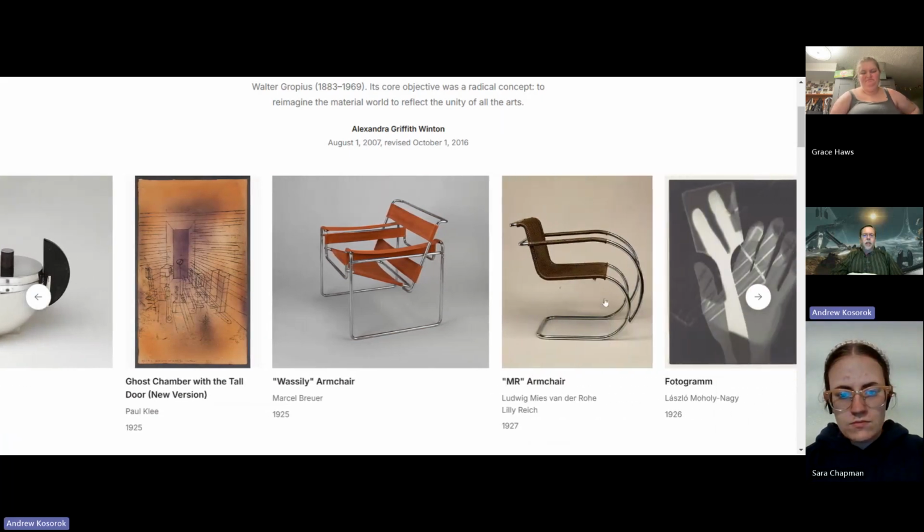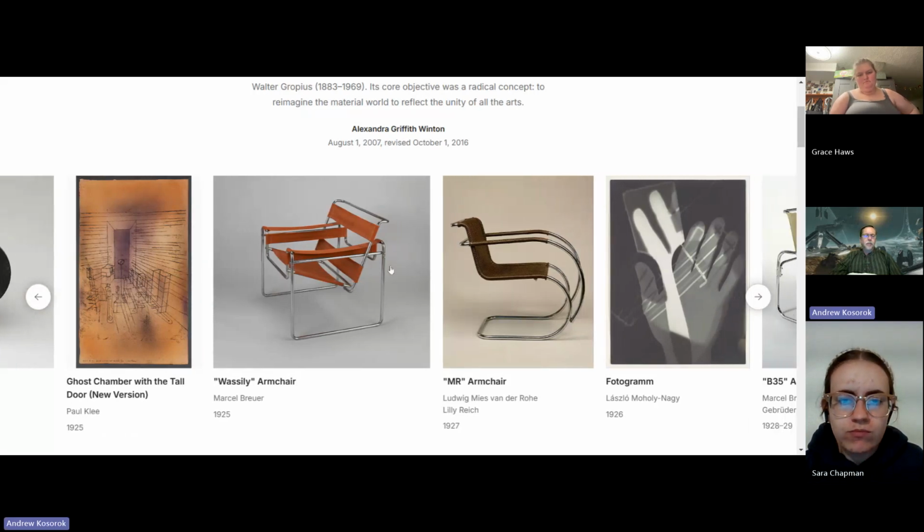When you look at this chair, this MR armchair, have you guys ever known anybody who had something that looked just like that? I mean, almost everybody sees that, and they're still being made today. This kind of chair I've seen a lot of the time as a deck chair. It's called the Wassley chair, but it's made easily 100 years ago.